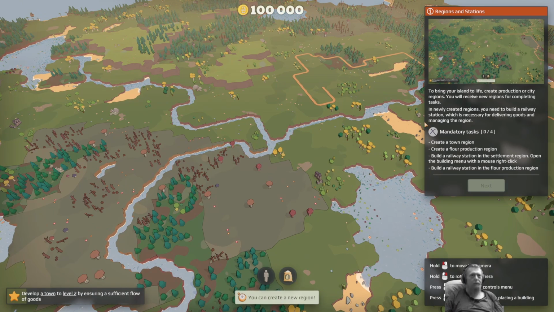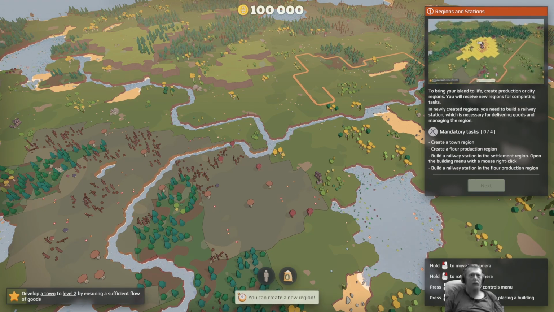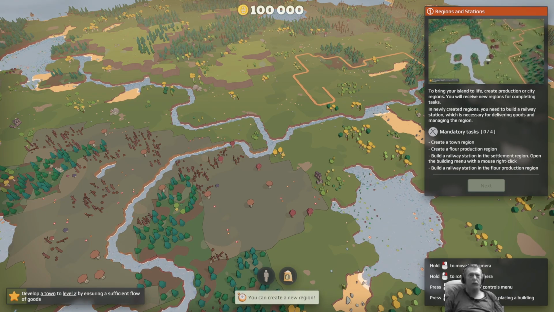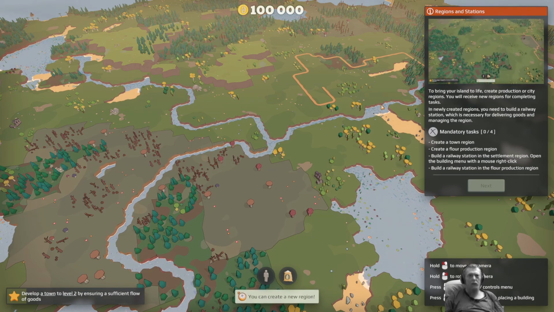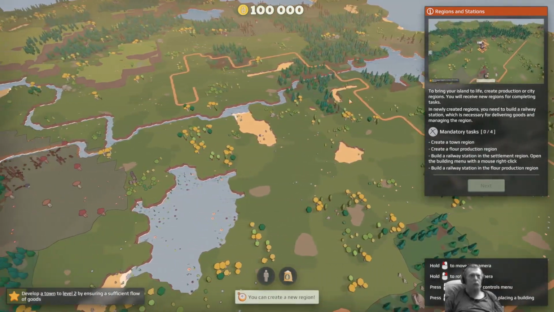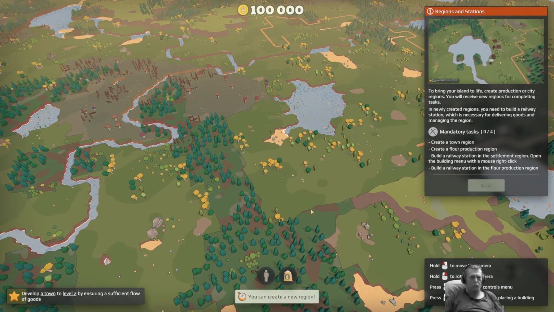All the rotations. To bring your island to life, create production or city regions. You will receive new regions for completing tasks. In a newly created region, you can build a railway station, which is a necessary thing for delivering goods and managing the region. Well, it probably would be if it's a train game. So we have to create a town region. We have to create flour production. We have to build a railway station in the settlement region, and build a railway station in the flour production region. That's flour from wheat, not flower as in the birds and the bees. Right, so